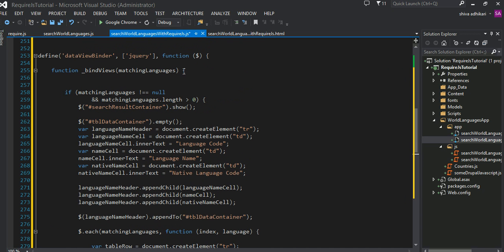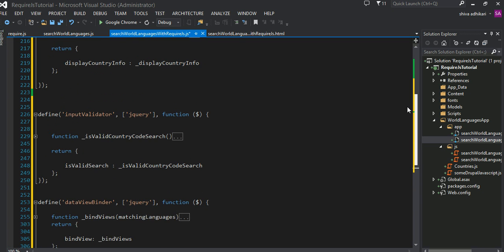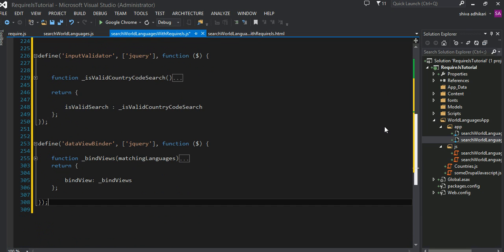As before, this is private. If I want to give outside access to this logic, I will have to expose it as bind view. Okay, that is that. Now we have a view that can bind data coming in into our markup. We have the module that provides the data, and we have a module that validates the data. It's coming along, even though right now it looks kind of ugly with everything in one page, but each has its own module. There is no, we are basically following the single